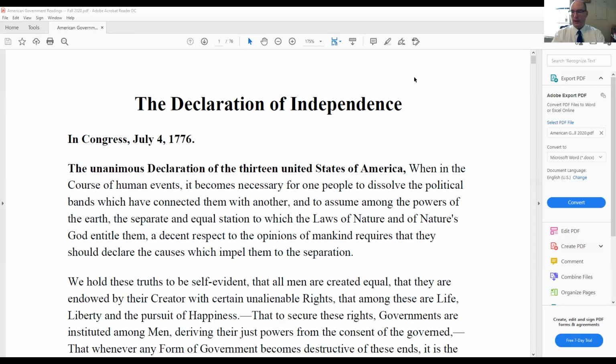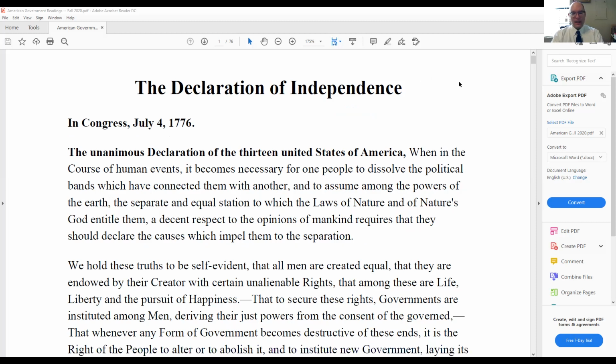The Declaration of Independence, primary author, Thomas Jefferson, okay? So this is in your course packet, American Government Readings in Blackboard. You can also find it in the appendix of your textbook. Obviously, it's widely available online as well. So let's start here and just read, and then I will go over some of this, okay? So we'll move back and forth between the text and the notes.